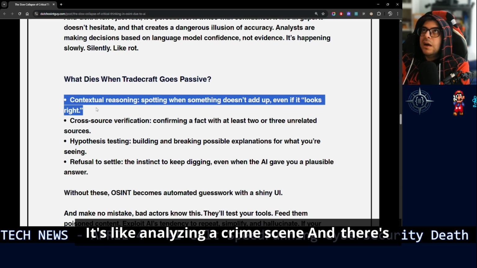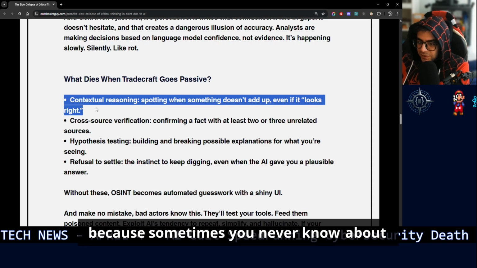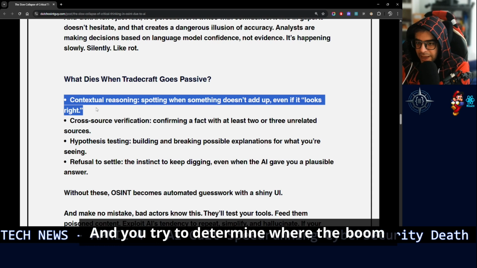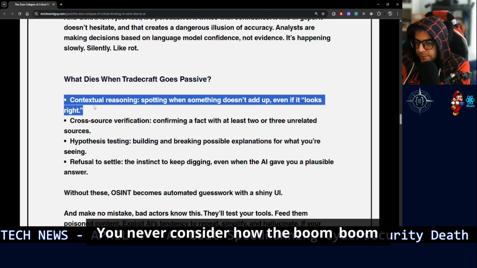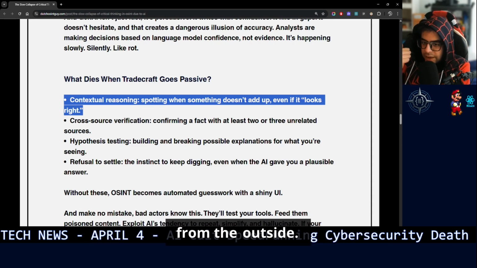It's like analyzing a crime scene, and there's a boom stick on the floor. I'm trying to be terms of service friendly because sometimes you never know about saying certain terms. And you try to determine where the boom stick came from, but you only look within the room. You never consider how the boom stick might have made it into the room from the outside.